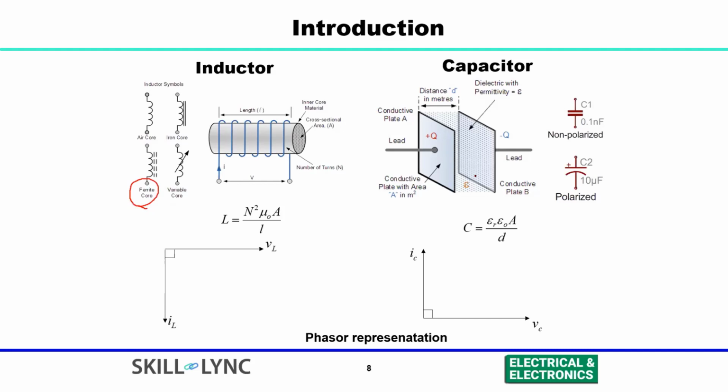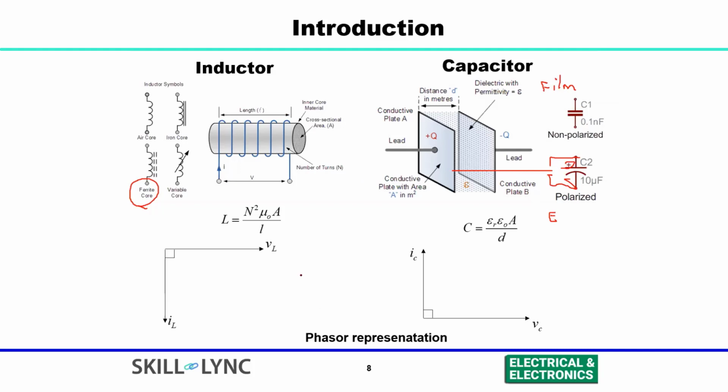And capacitors are basically classified into two types: polarized and non-polarized. Polarized is generally electrolytic capacitors. They have a sign, like there will be a positive sign here and a negative sign, so you have to connect your source based on the polarity. Non-polarized can be connected either way. Generally these are film capacitors, generally used for these applications. We will discuss in more detail what capacitors and inductors will be used for the power electronics components.